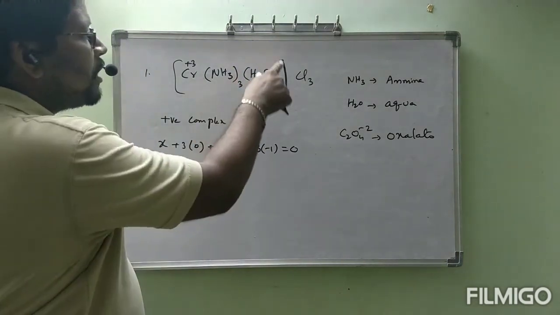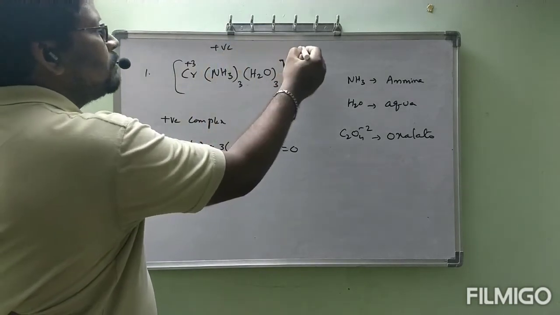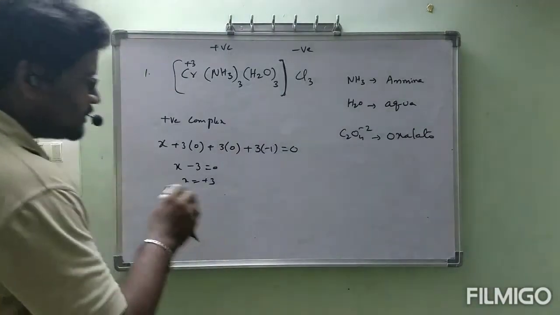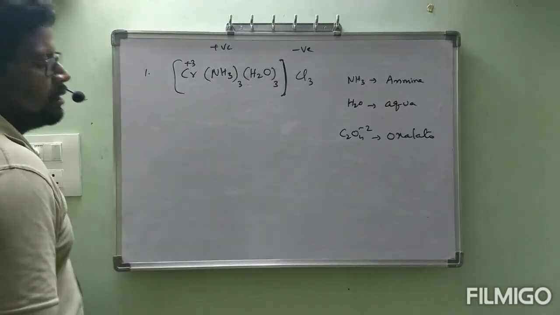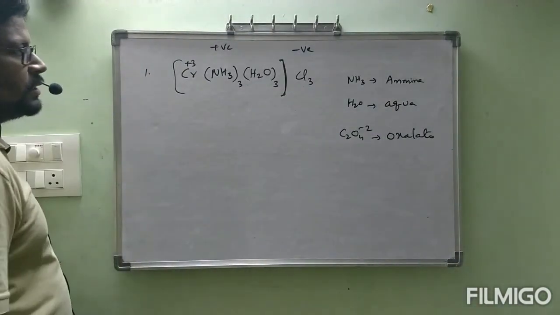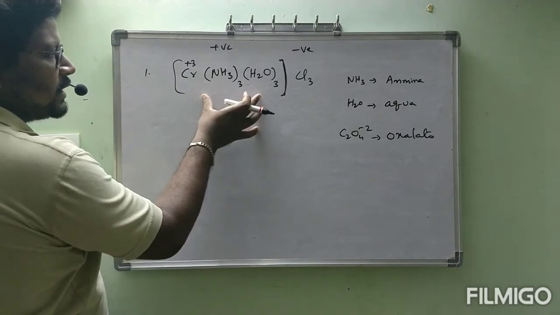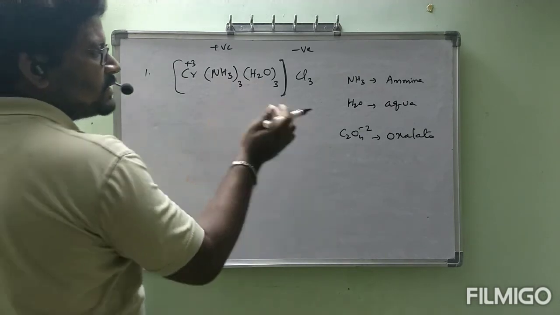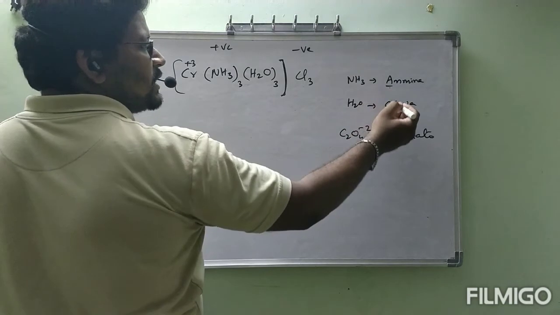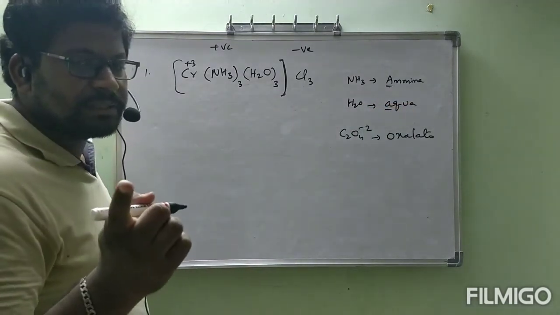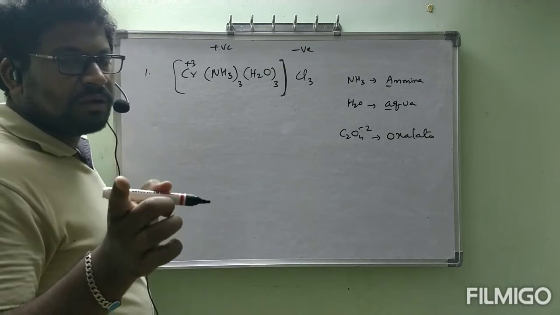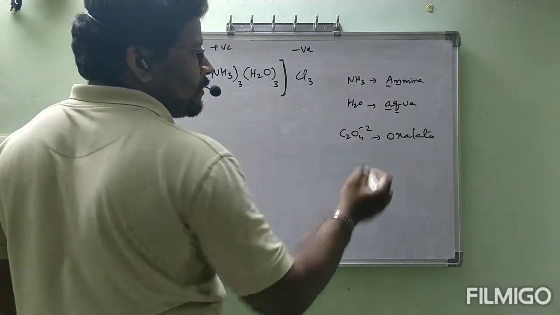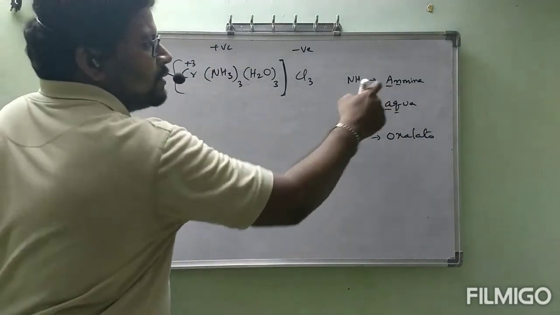Before that, this is the positive part, this is the negative part. First we have to give the name to the positive part. So we got here the positive complex. In that we have to start with ligands. Correct? 2 ligands we have, names amine, aqua. First letter A. If it is a heteroleptic complex, we have to follow alphabetical order. If first letters are the same, go for the next letter. M, Q. Which letter will come first? M. So this one will be first.